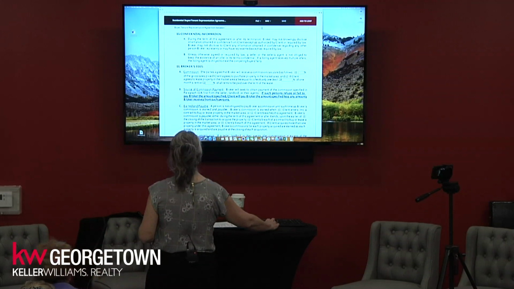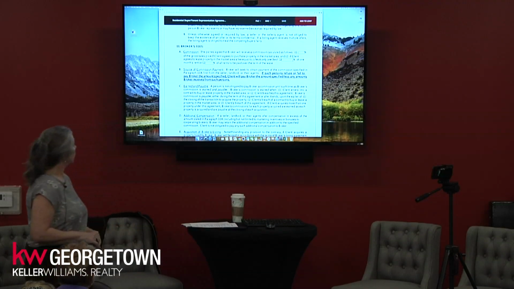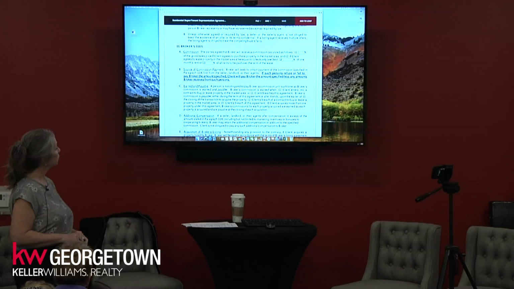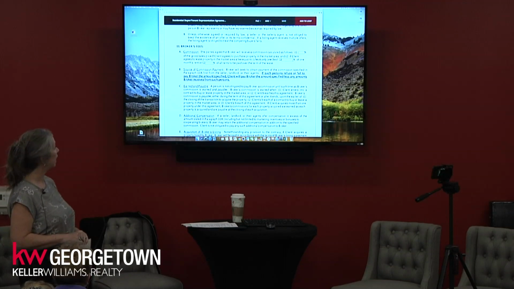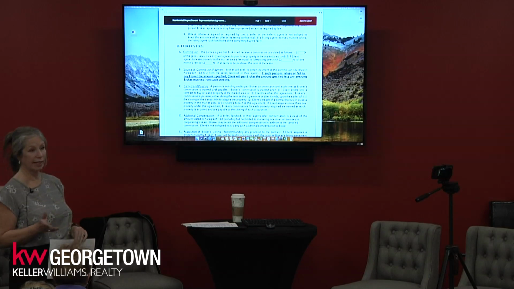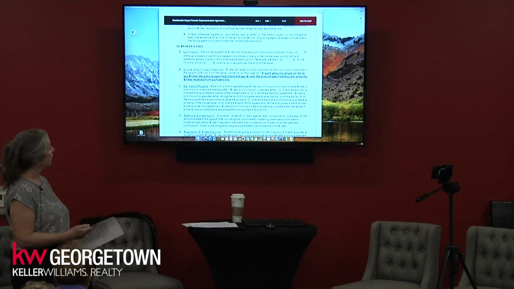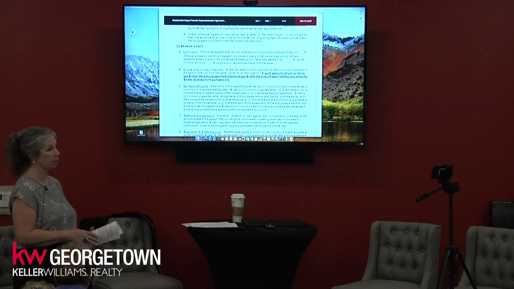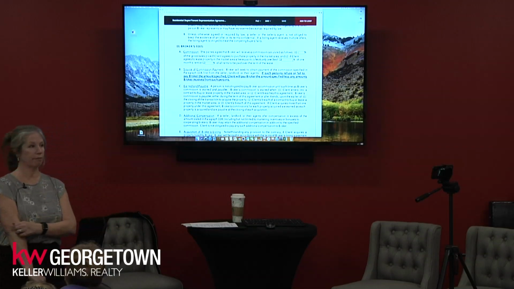So the source of payment under Section B: the broker will seek to obtain payment of the commission specified in paragraph 11A first from the seller, the landlord, or their agents. If such person refuses or fails to pay the broker the amount specified in Section A, the client will pay the broker the amount specified less any amounts the broker receives from each person. So if